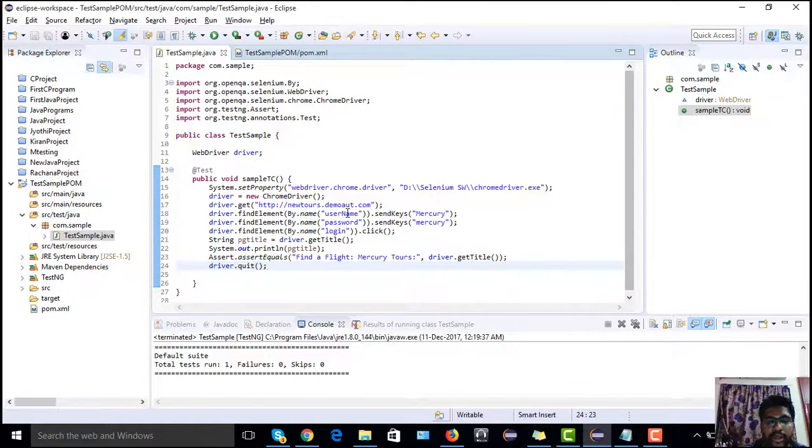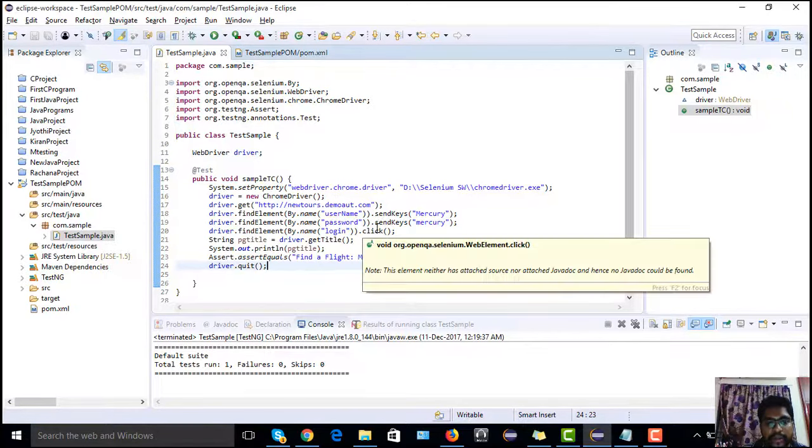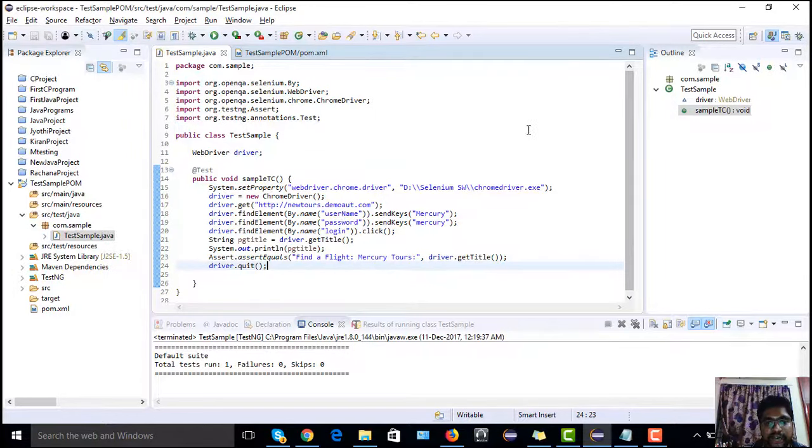So in order to overcome that issue, what we are going to do is save this particular object in a repository, and from that repository we are going to refer to it in our test cases. As simple as that. We save it in a container, and from that container we take it out each time when required. So if there is some change in the property, it's okay if we just change it in one place, which will be reflected in all the test cases. So that is one of the main advantages of going with page object model.